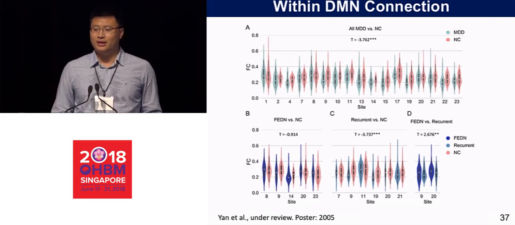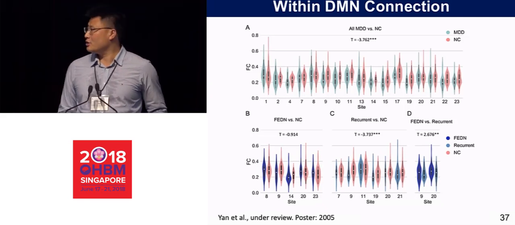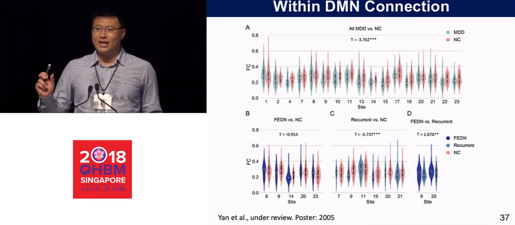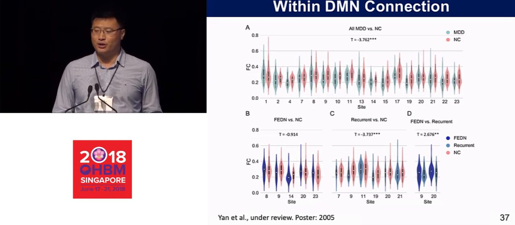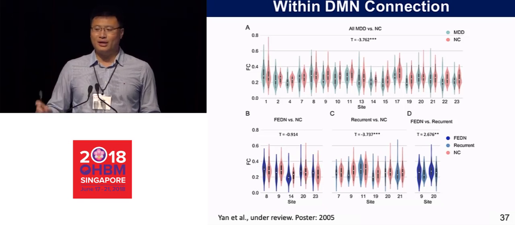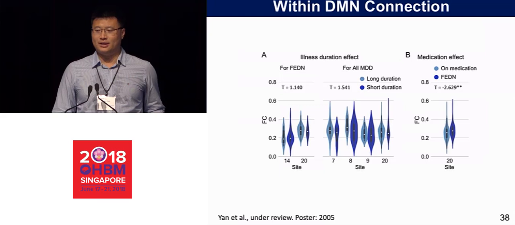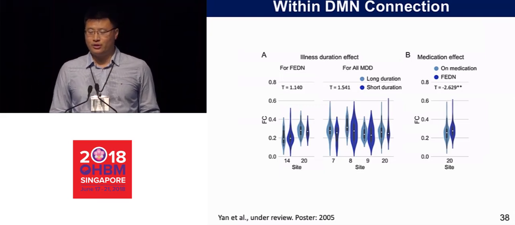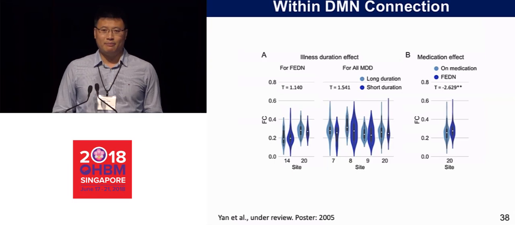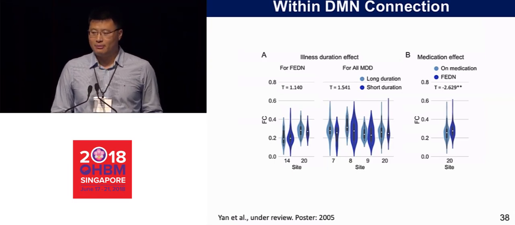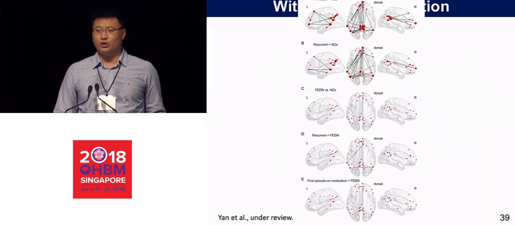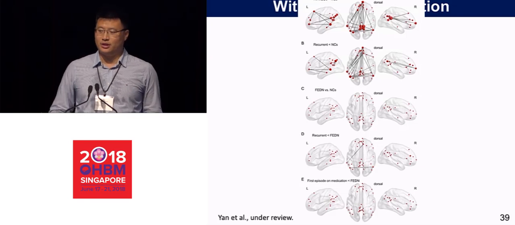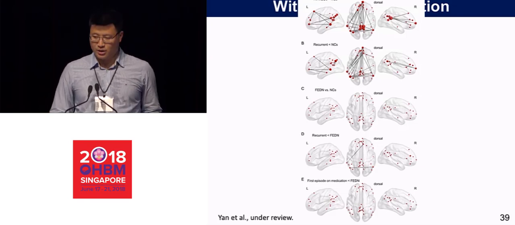As a closer look, the first episode drug-naive patients didn't show any change, but the recurrent patients showed a decrease. This decrease is shown in recurrent compared to normal controls, as well as compared to first episode drug-naive. For the recurrent patients, there may be an effect, maybe an illness duration effect or the medication effect. But we didn't find any illness duration effect, but we found a medication effect. But this is a pretty coarse measure, so we also looked at the connection-by-connection level. This yielded the same results.